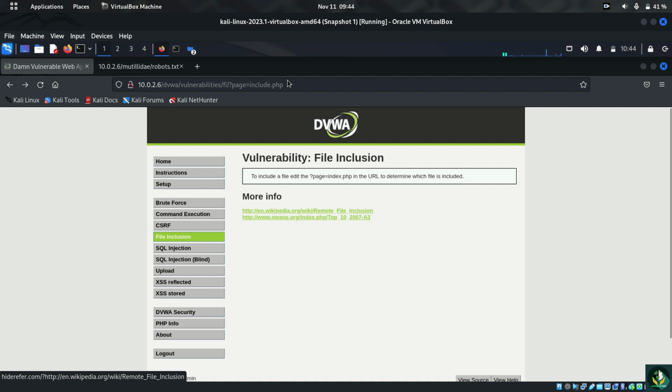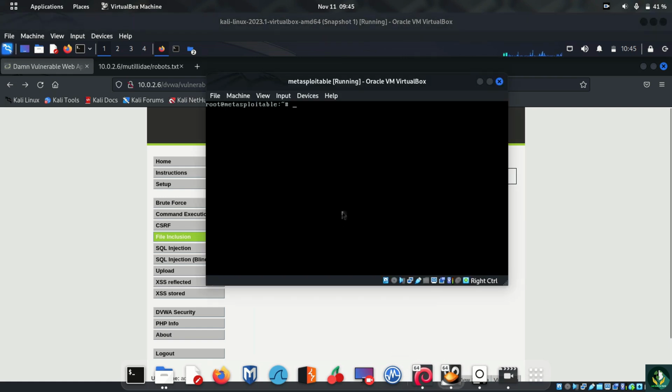As you see here right now, we are able to include files that are located in the Metasploitable server, or Metasploitable system. Remotely, we would be able to include files that are located in our own system, like Kali Linux, because these both are in the same network. So is it possible or not? Yes, it is possible if that option is on in this system,